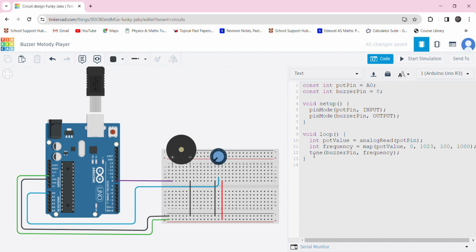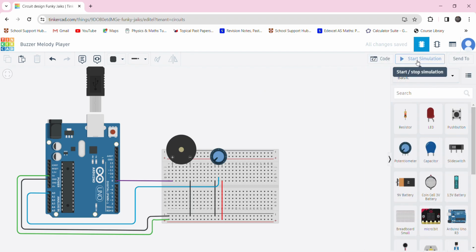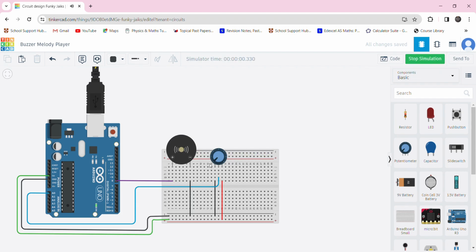I hope you guys are getting familiar with Arduino programming. Now let us see how the code works. For that, I am going to close the code and start the simulation. Now here in this simulation, you will be able to hear